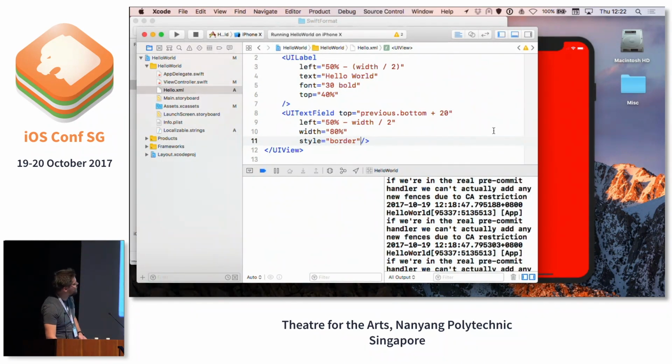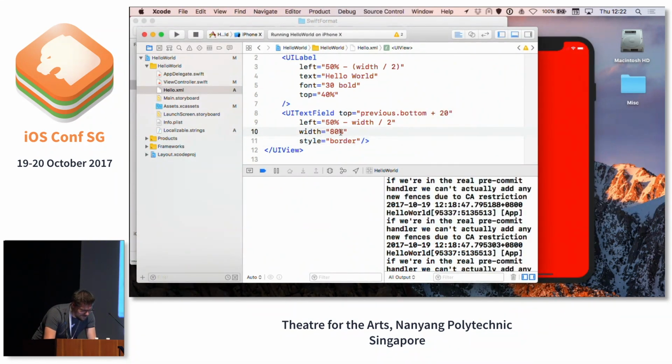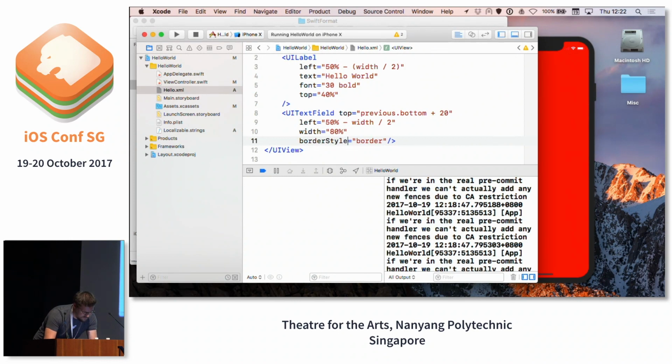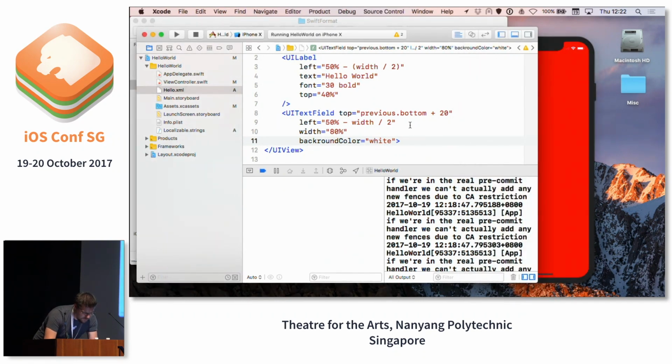Damn. Sorry, there's a feature I wanted to demonstrate, but I've clearly broken it. Got to make do. So the feature that I wanted to demonstrate, which unfortunately is broken at the moment, is that